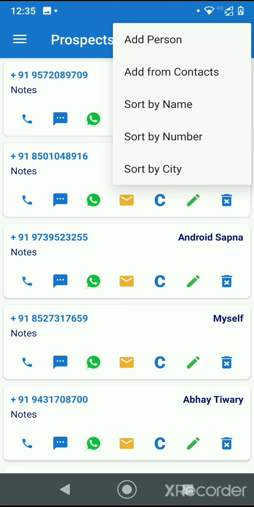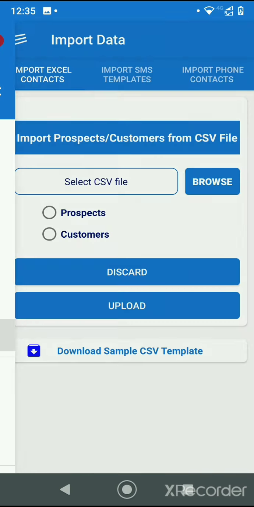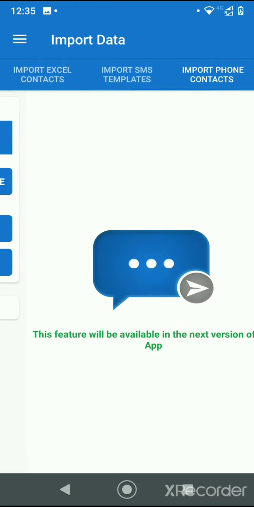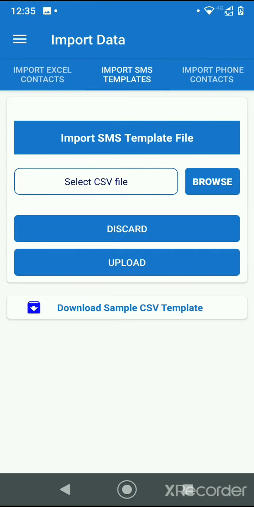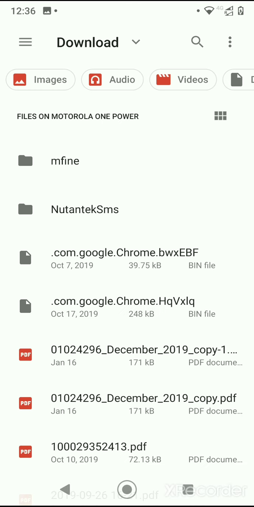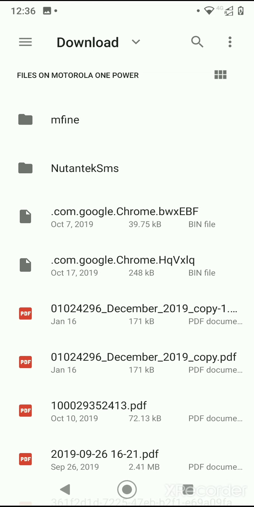So I can read the storage, I can write to the storage. Now you see I have to import data. So here I have given a provision, like let's say the user has some files he wants to upload here. So we have given a provision so he can browse and select a file of his choice. We have given some templates here, and then he can click on that.